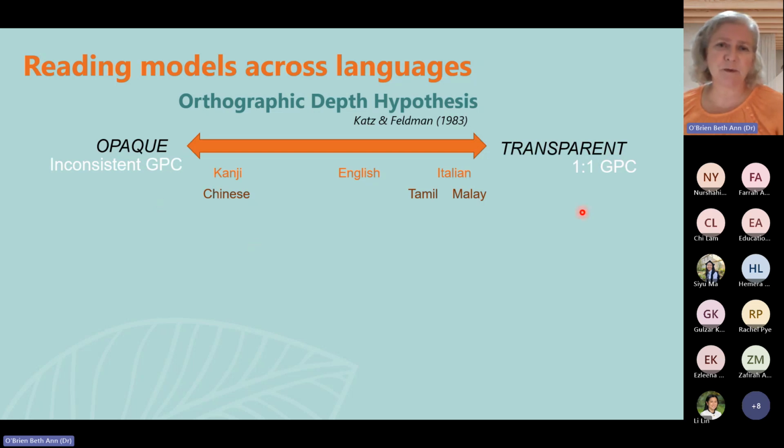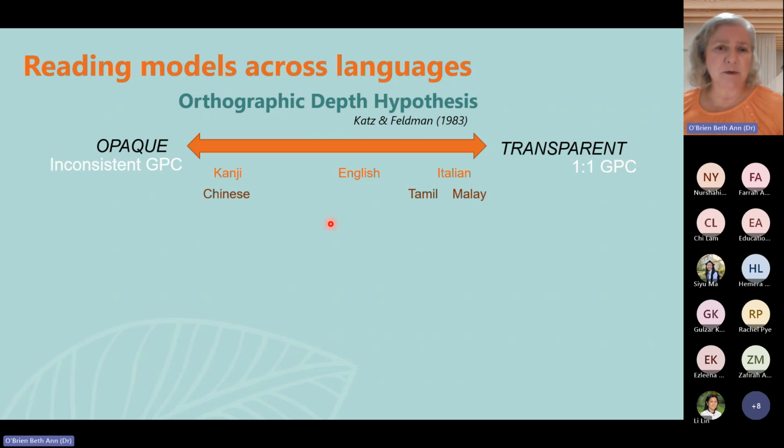Okay, and these for the most part are looking at either transparent alphabetic languages like Italian, where the grapheme to phoneme correspondence is pretty much almost one-to-one. There's no variability. And then you have other alphabetic languages like English, where you have a lot of inconsistencies. Letters can be pronounced different ways and spelled different ways. And then you, of course, have more opaque languages, and this includes non-alphabetic languages where there's even less correspondence between sound and print.